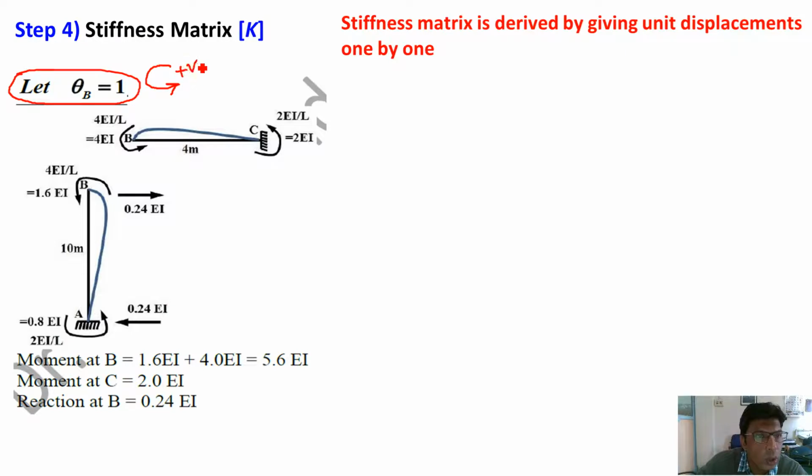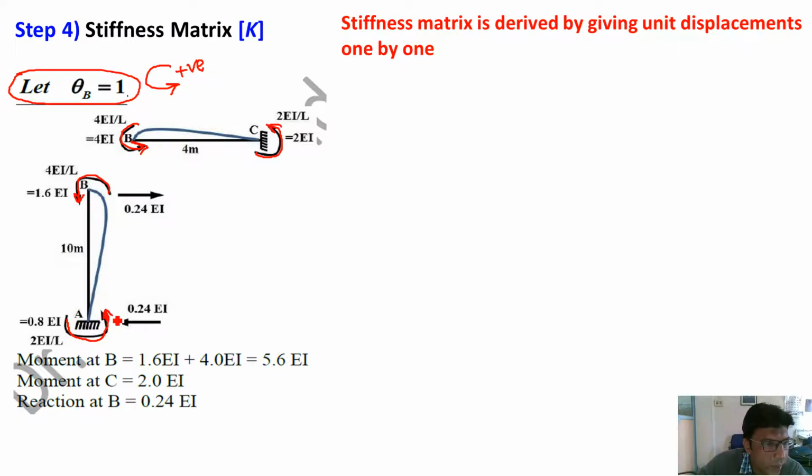To rotate joint B in positive direction, we have to apply moment in positive direction. So moments are applied in anti-clockwise sense at joint B. So it is moment applied to rotate joint B in anti-clockwise sense. Same moment, same nature is acting at other end also, anti-clockwise. So all moments are anti-clockwise in this figure.